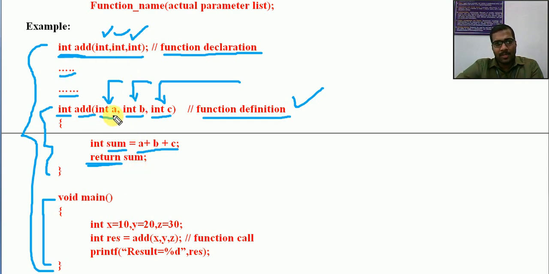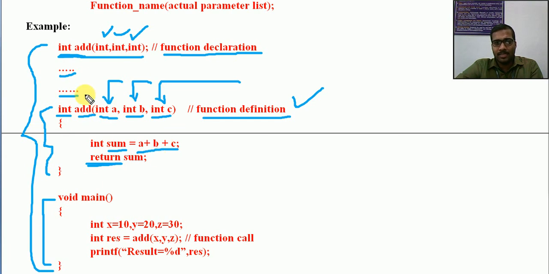I cannot write this before that, because whenever it sees this declaration, it will look for the definition after that only. So that is why I can define only after the declaration. Also look at where this definition is written. This is before main. It's not an issue because it is actually a different location.